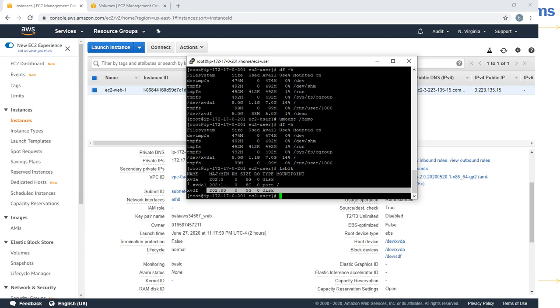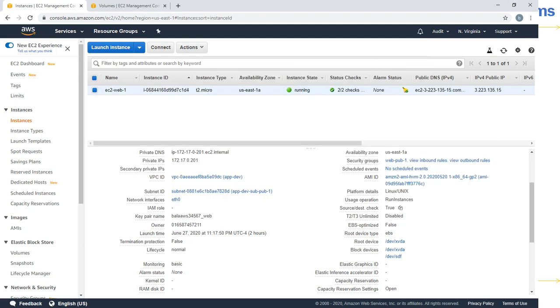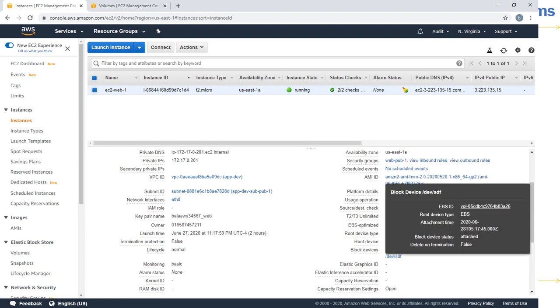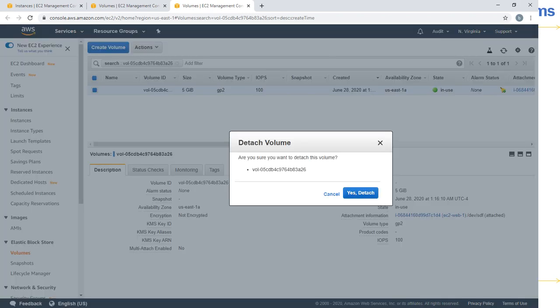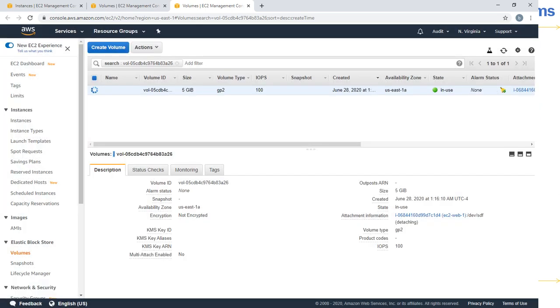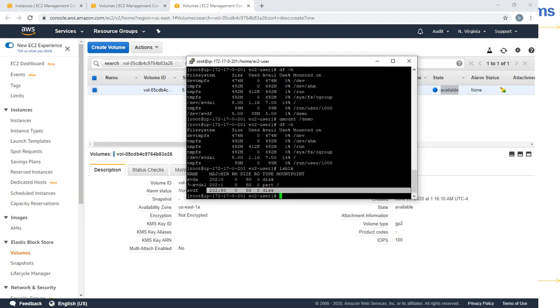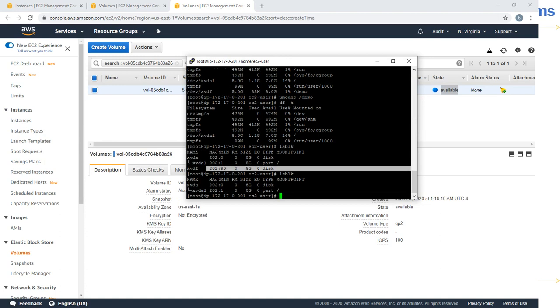So in order to detach this disk, you have to come over here, select this disk, go to detach volume. Yes, detach. See, it's still processing. It changes to available. So you have successfully detached. Let us go over here and perform lsblk. Now it's gone.